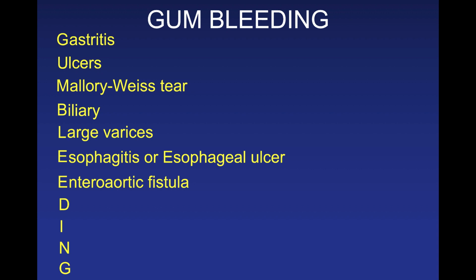E is an aortoenteric fistula, and the classic tip there is called the Herald bleed. Aortoenteric fistulas commonly occur in patients who've had prior aortic surgery. The classic setup is somebody walks in having had an aortic surgical repair, typically an aortic arch or a wall repair, and they have a small amount of GI bleeding and look stable, only to have a large amount of bleeding a few hours later. The small amount of bleeding initially is called the Herald bleed, and that's the one that you will be asked about